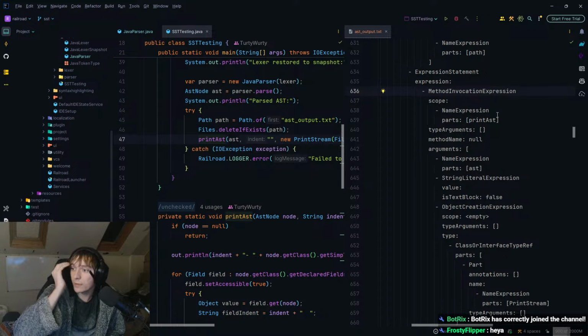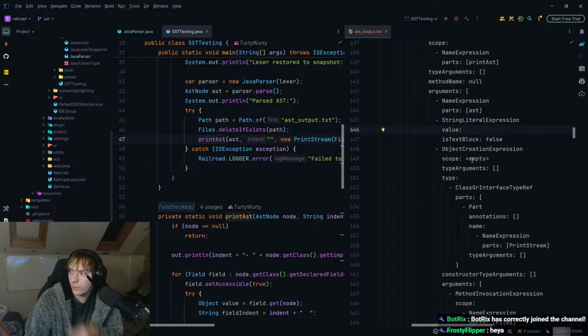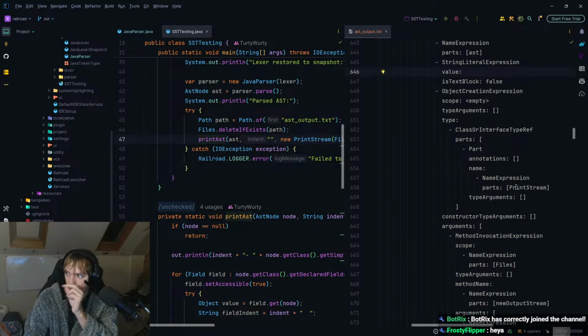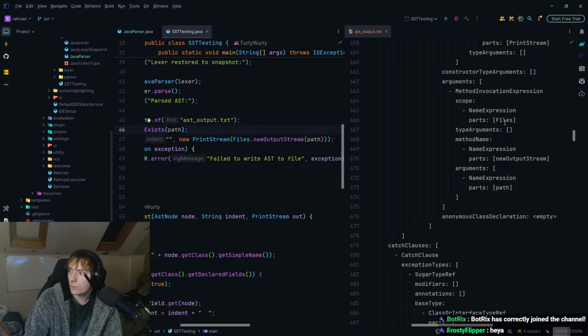So basically what's happening here is it thinks that the scope of this is print AST. But in fact, that's actually the method name. And so the arguments, it has actually kind of worked. I mean, the arguments here are AST, an empty string, and hopefully an object creation of a new print stream, passing in a method invocation of files.new output stream, passing in a path.